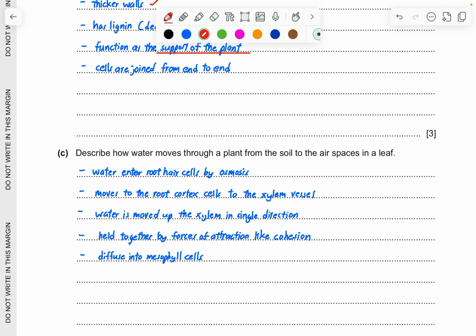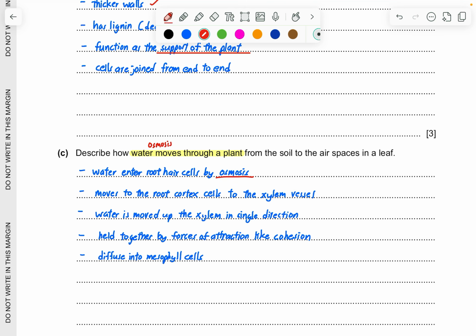Describe how water moves through a plant from the soil to air spaces in a leaf. This question has already given you the clue that water moves through a plant. So the first thing in your mind: osmosis. And when they never tell you directly, please write osmosis in your answer. So water enters the root hair cell